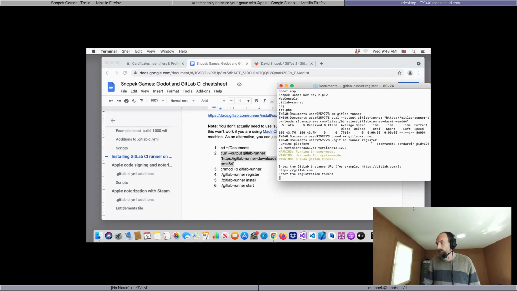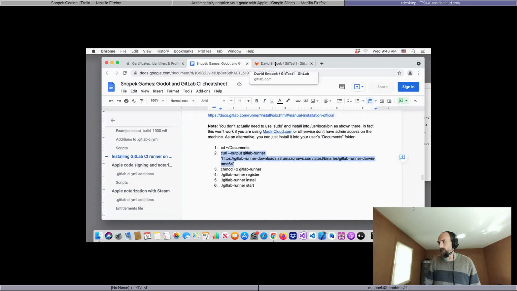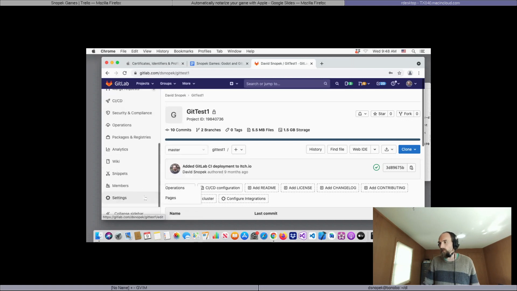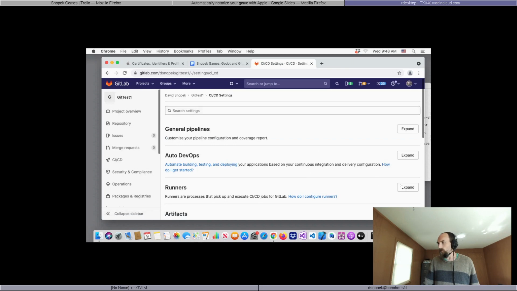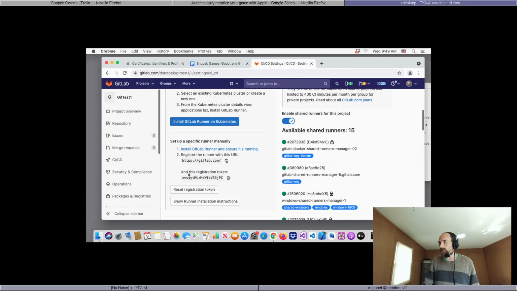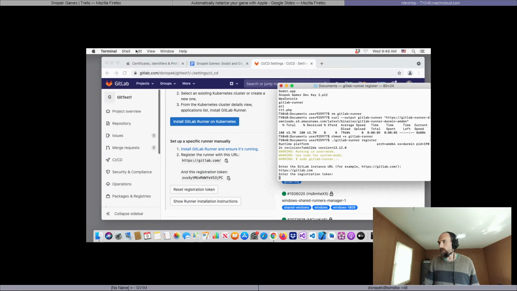https://gitlab.com. Then it needs a registration token. You get that by going to your project on gitlab.com. Here's the git test 1 project we've been using throughout this course. And we're going to go to Settings, CI/CD, and go to Runners, click expand. And here it gives a registration token. We're going to copy that token, go over to the terminal again, paste it,